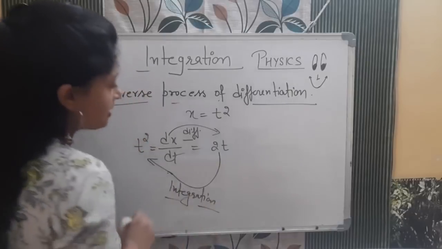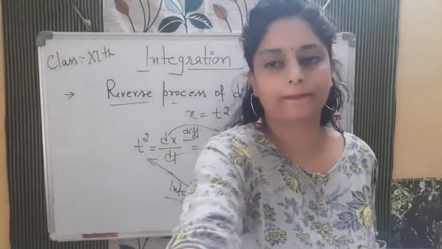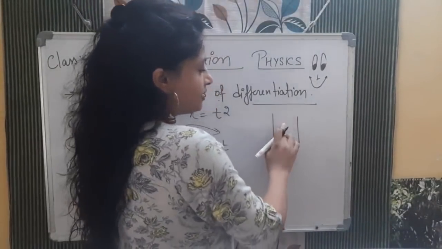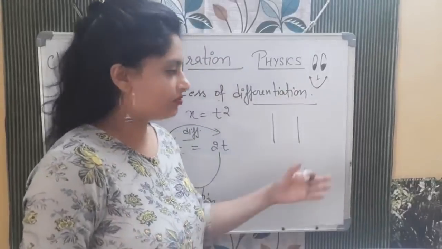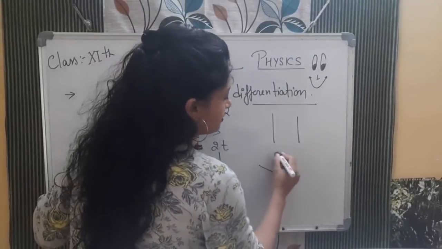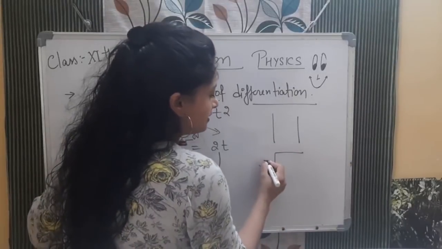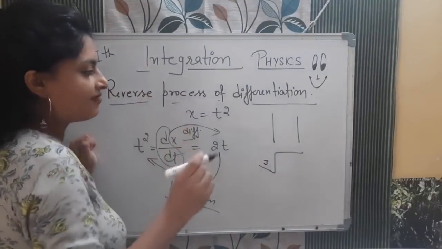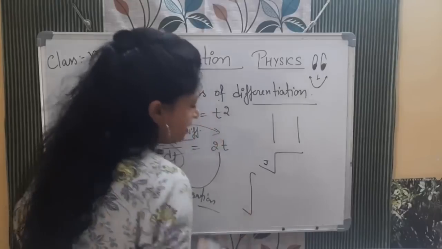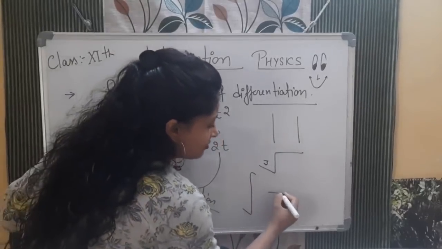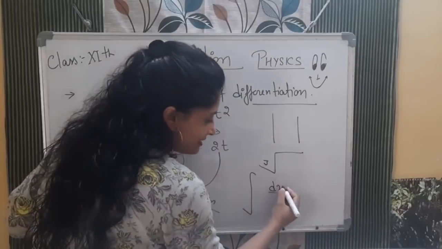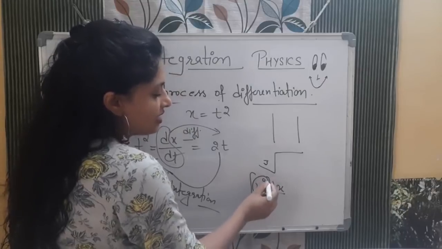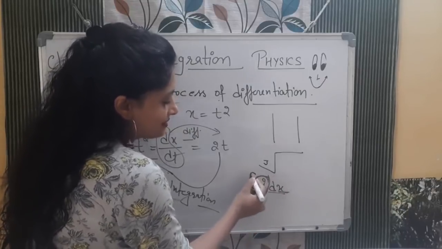Don't worry. See, now when we are solving, for example, we take the mode of anything. So this is the operator. Anything we put inside it, when we take it out, it will be positive. Like that, if I say square root, this is the operator. If I say cube root, this is the operator. If I say differentiation, this was the operator d by dt. Same way for integration, this sign is the operator. And here, with respect to what we are integrating, dx for example, we have x square dx. So this is the function that we are integrating with respect to x.